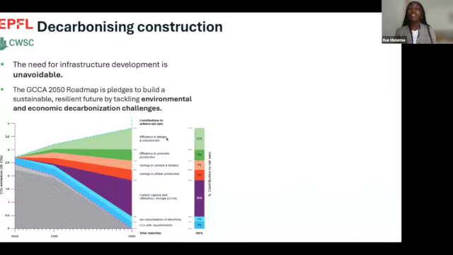So now I will introduce you to this new tool created by the Global Cement and Concrete Association, which is the 2050 roadmap, which is a pledge to build a sustainable and resilient future by tackling environmental and economic decarbonization challenges. So they identified a few levers that will lead to a net zero construction using concrete